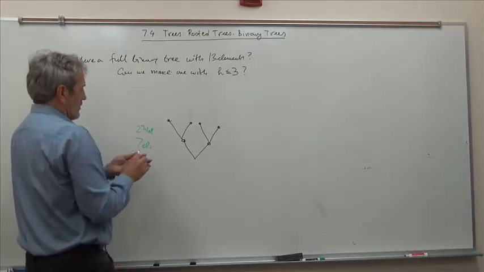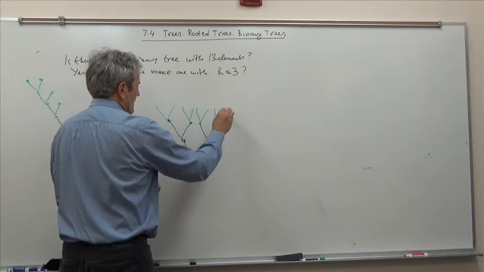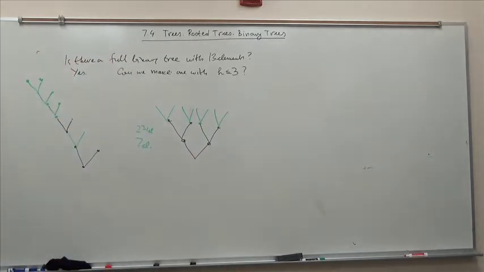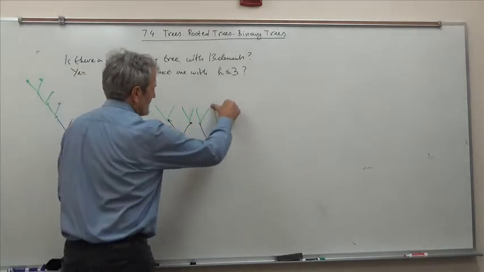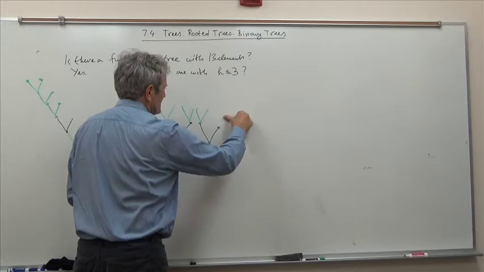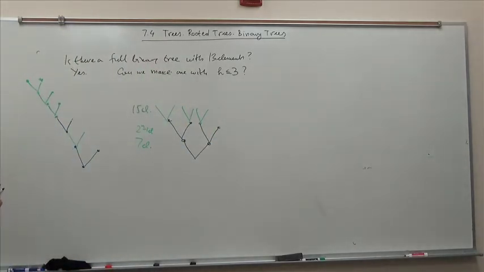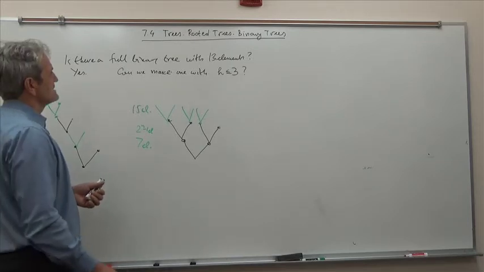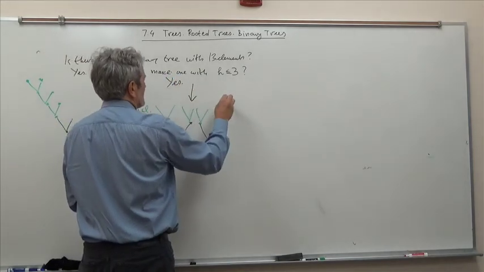Can I make it of height 3? Yes. What do I do? Full binary. But that's a little too much. That's 15. But then what do I do with 15? I just erase one of them. So erase as many as you need, 2 by 2, always 2 of course, to keep it a full binary tree. Here is the one with 13 elements. So here the answer is yes. And here is the example, height of this